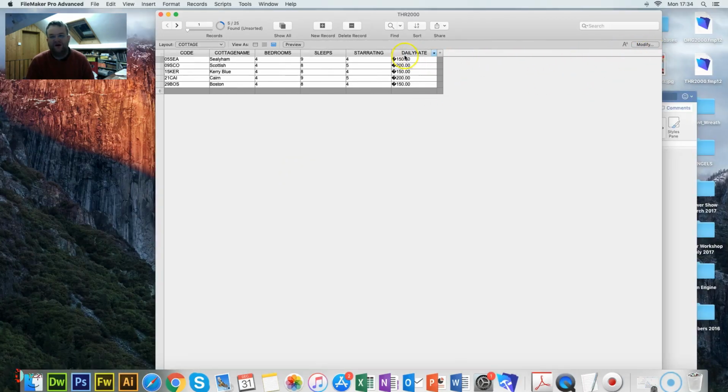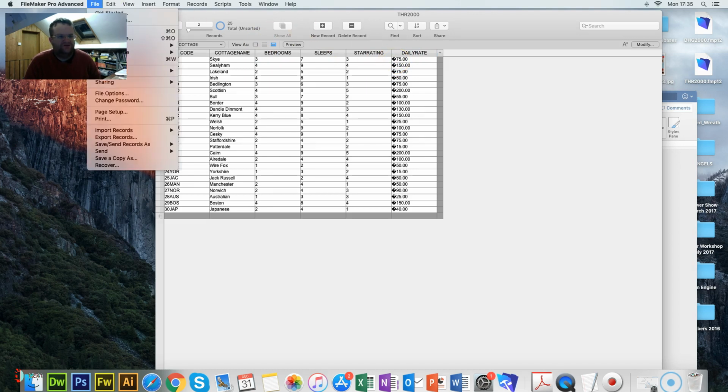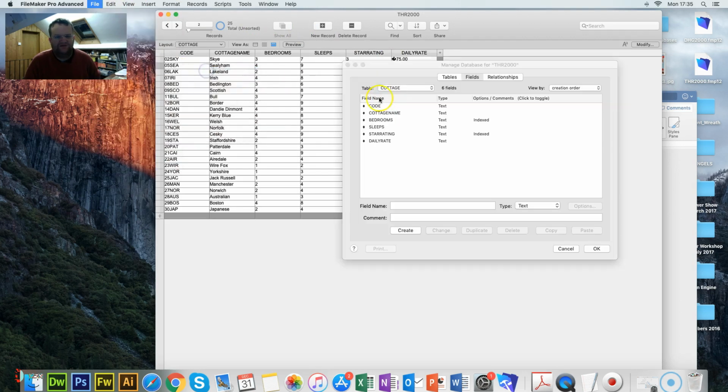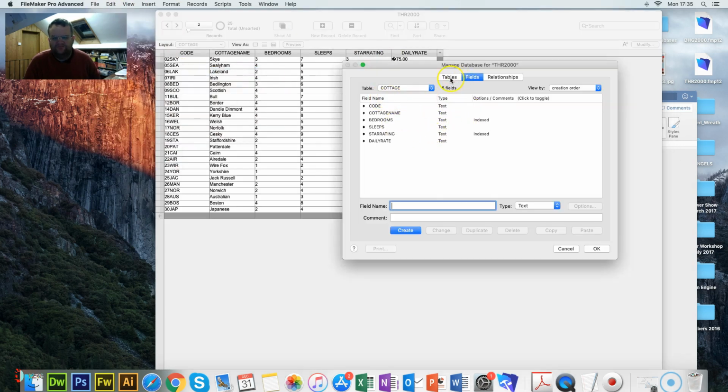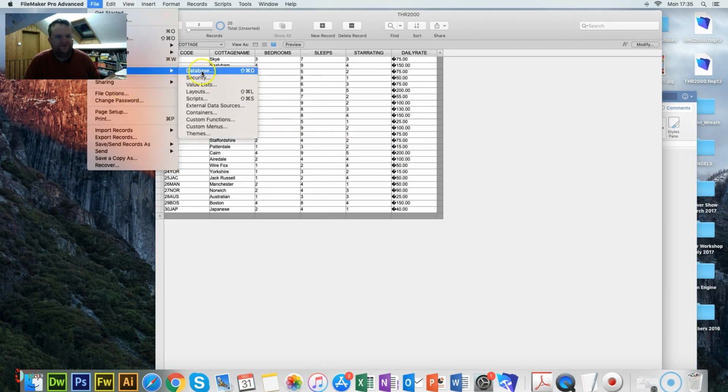So go to modify. Something I've noticed here is this one here. This is going to come out weird because of the price. So let's just show all, just to show you how I can turn this data type into currency. So let's just go to File and Manage Database. So if I'm in cottage, the daily rate we need to change to number, change, and so that's okay. Just check if there's any others as well. Manage database,